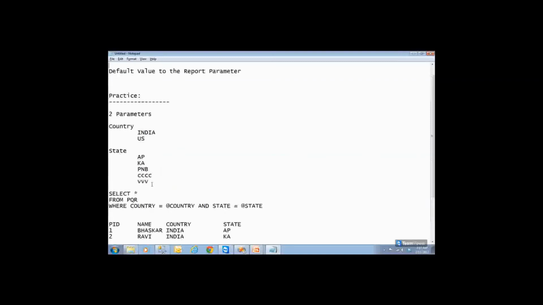What is that exercise? You have to do it. You take two parameters and provide the country. Based on the country, the state will filter some rows, and again you need to choose a value here, and you should be able to create a country and state and get the report. So this is a good report for practice. Please make sure that this is working fine.